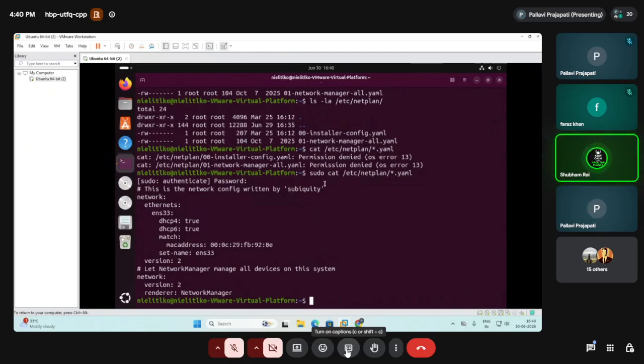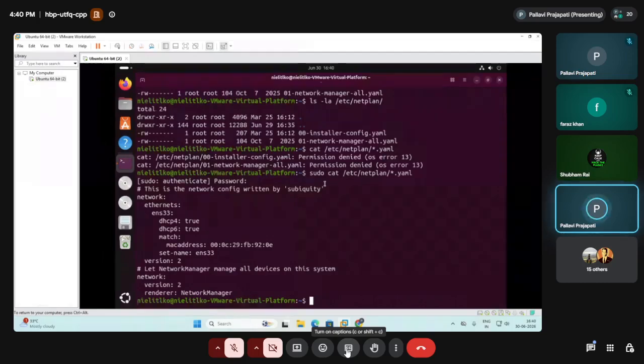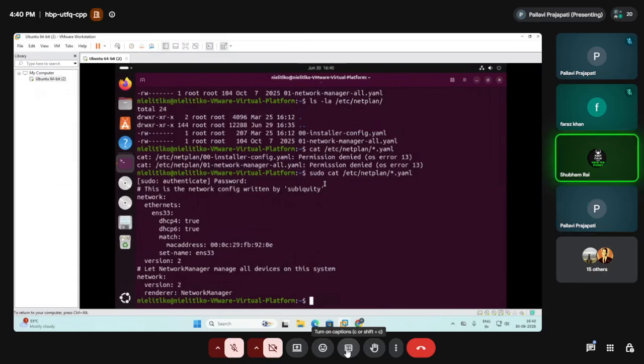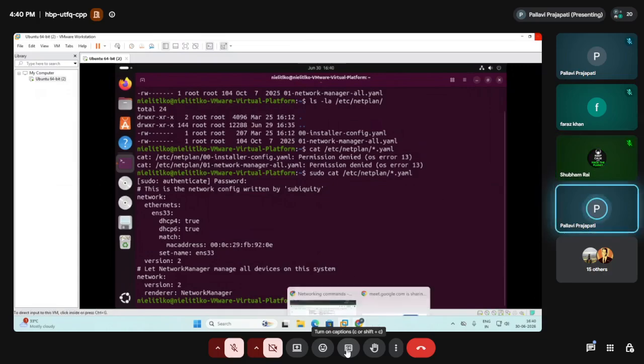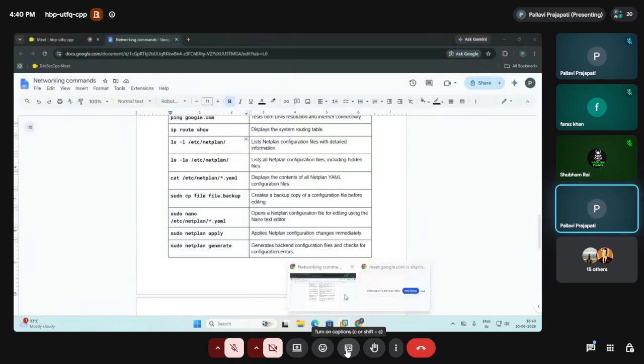We can also change the permission with, I think, the chmod command. Using chmod you can change the permission, but for changing permission also you need the administrator power, because you are not the owner of this file. And you can change the owner also using the chown command. Owner is a different thing and mode is a different thing. chmod is different and chown is different.